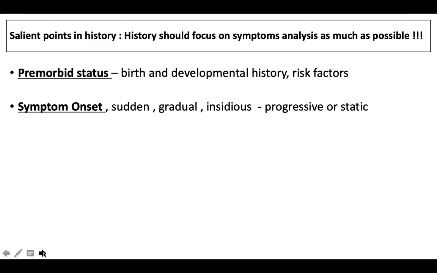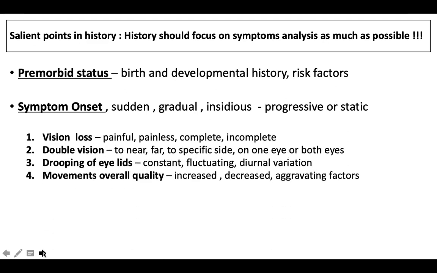Again, if the vision loss is very dramatic in onset, very sudden, you should think about trauma, or we should think about a vascular cause leading to a sudden visual loss. But if it's a painful visual loss, you think about inflammatory conditions like optic neuritis. You have to know whether the vision loss is complete or incomplete to further think about your